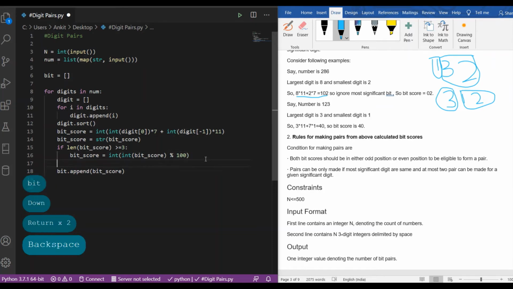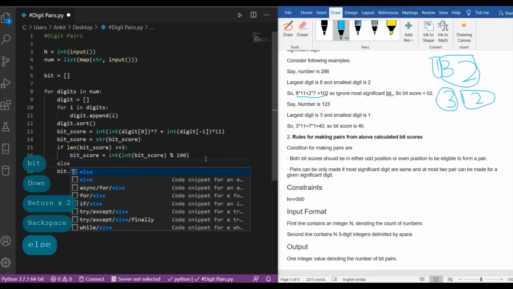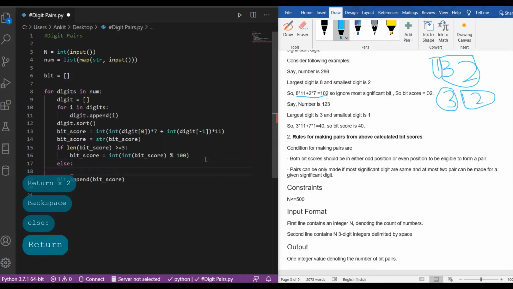Else, as the largest digit, the smallest digit might be 0. If the smallest digit is 0, then also the bit score cannot be less than 2 digits.